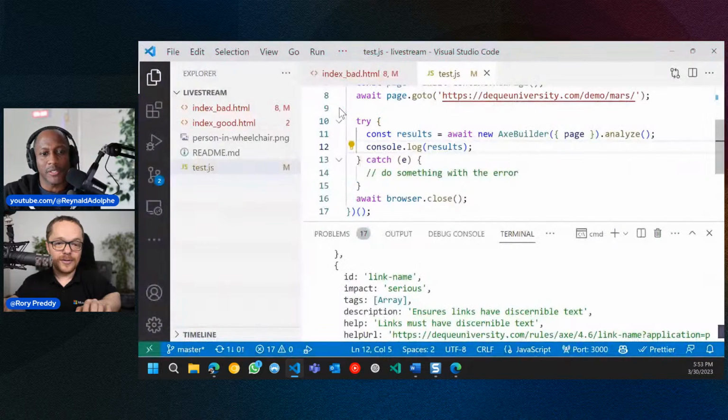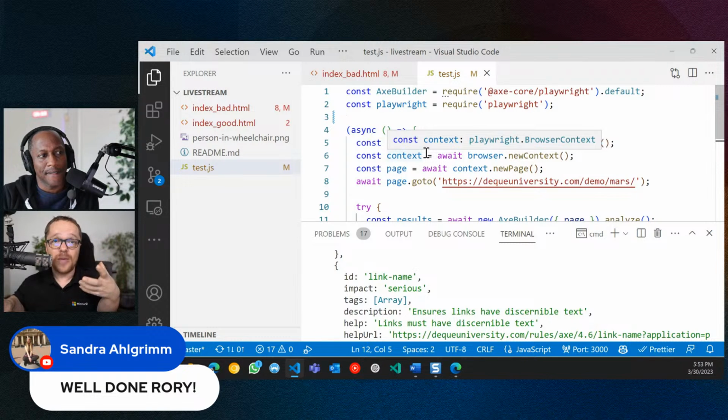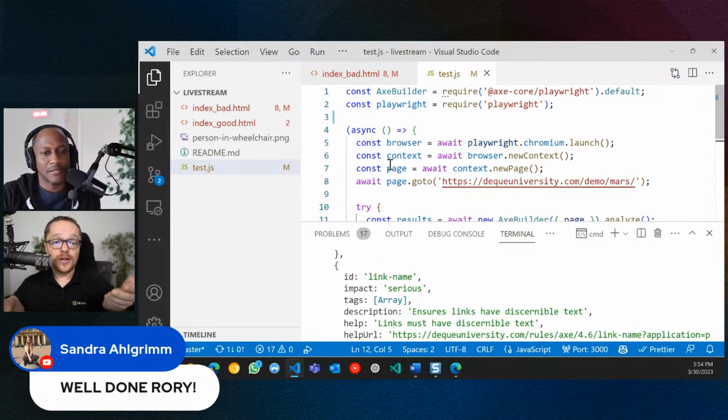Sandra says, well done, Rory. Oh, that's bright. My eyes are on fire here. Yeah, so you can see how that might cause issues for people who have neurodiversity, because the brightness might just overwhelm them. I know that if I showed this to my wife, who has epilepsy, it would be dangerous. So I would never show it to her. I would use a dark color for that, though.